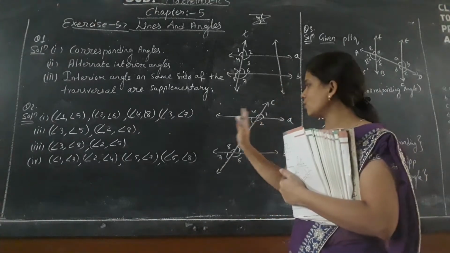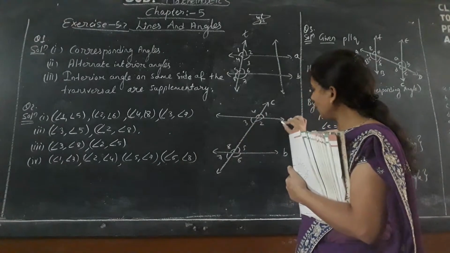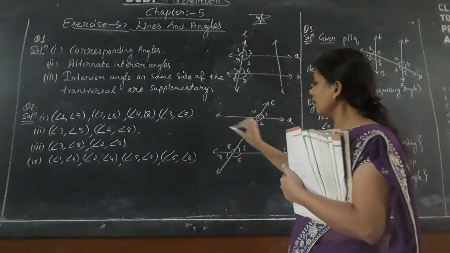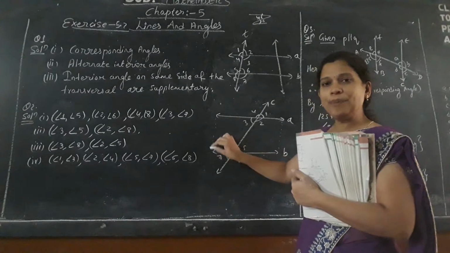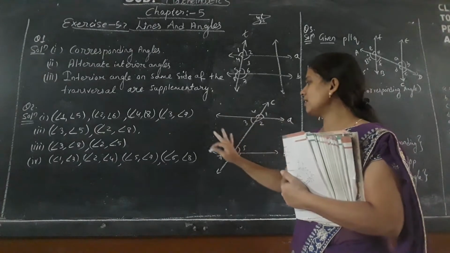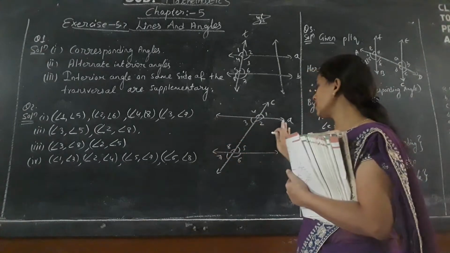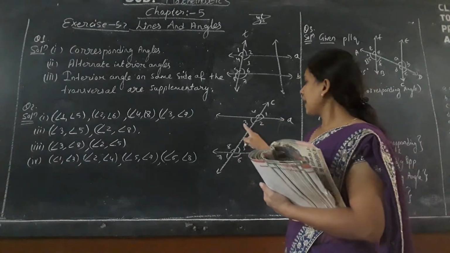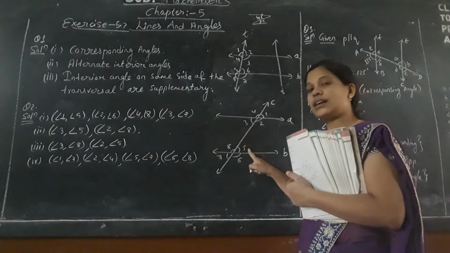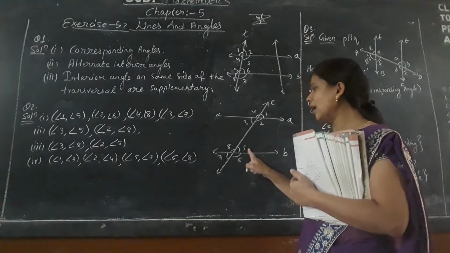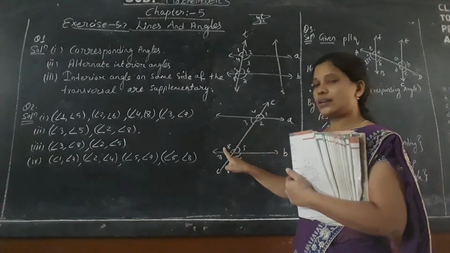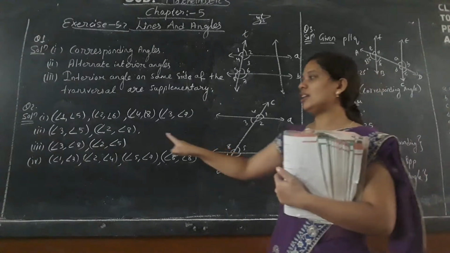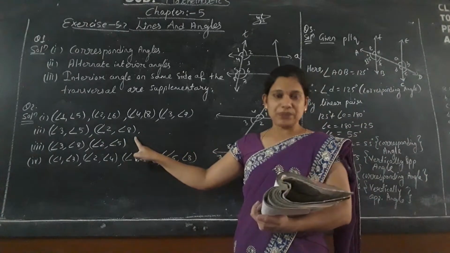The second part of the question asks for the pair of alternate interior angles. Interior angle, it is said. When you join this line AB, a box is formed. Whatever angles are present in this interior, we say they are alternate interior angles. So dear student, here angle 3 is an alternate interior angle with angle 5. It will make a pair, and angle 2 and angle 8 both make a pair of alternate interior angles, which is the answer. Clear?